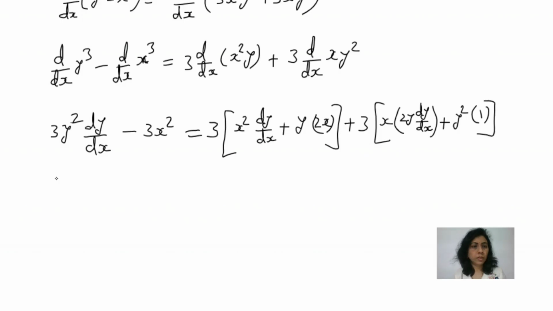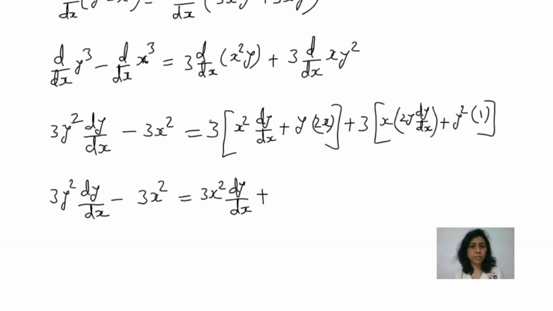So this is 3y square dy upon dx, and here 3x square dy upon dx, and here 3 multiply, so 3 times 2 is 6xy dy upon dx,